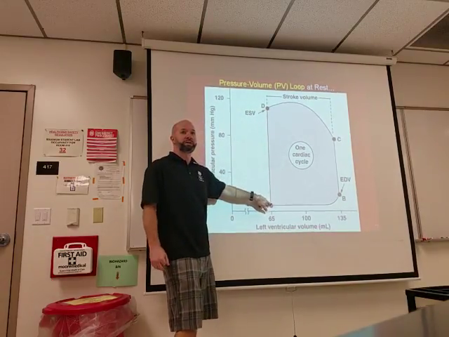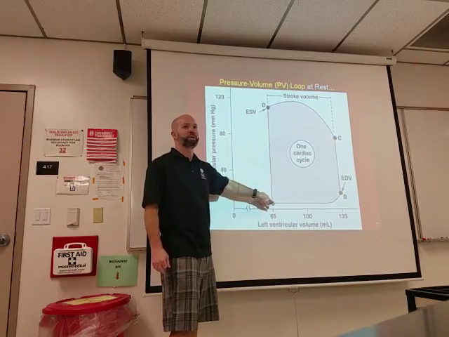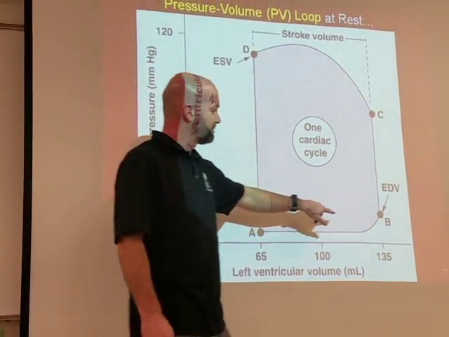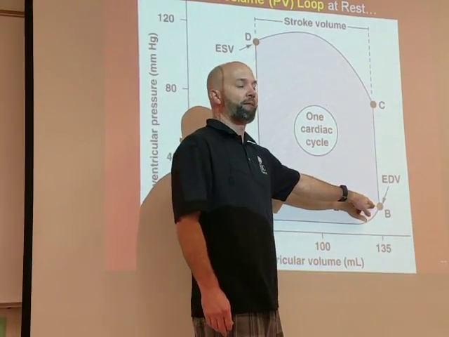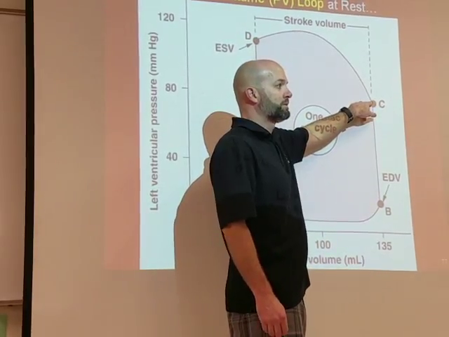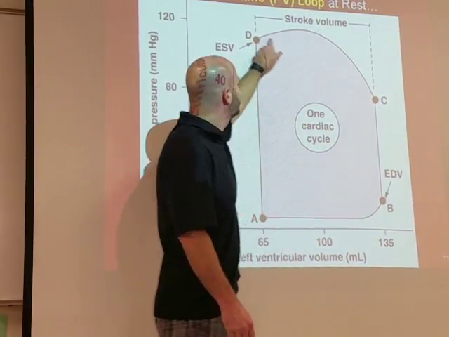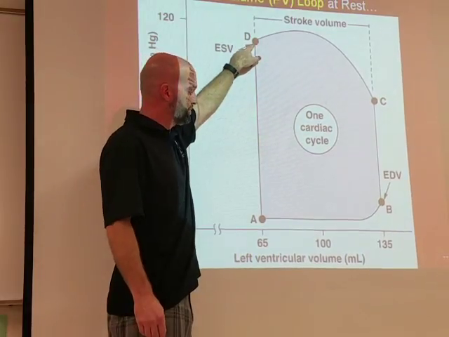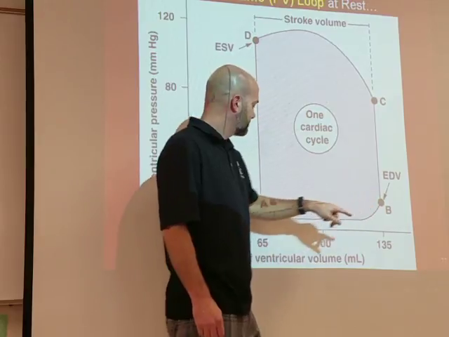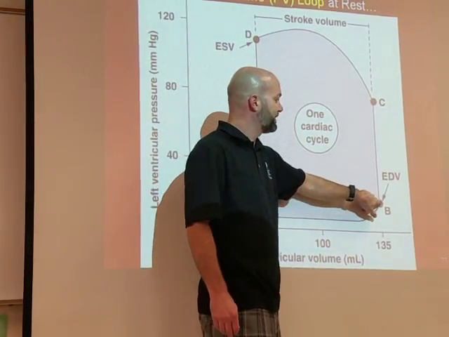In terms of valves, opening and closing, what happens at point A? AV open. B, AV closed. C, semilunar open. D, semilunar closed. So closure of AV marks the end of filling and the beginning of